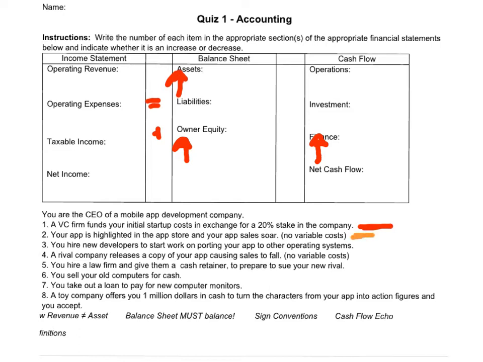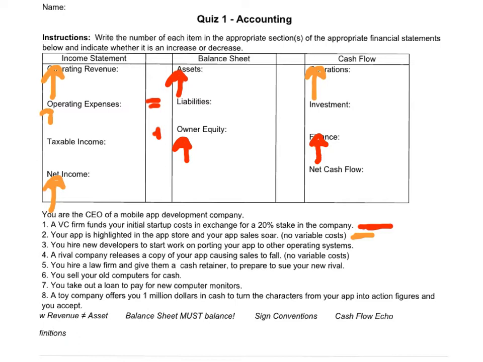It says your app is highlighted in the App Store and your App Store sales soar. So basically what this is supposed to mean is you've got an increase in revenue. What they're trying to get at is to make it so that you know for sure your net income went ahead and increased. You may go ahead and say that perhaps there's this really tiny increase in operating expenses. This is like the share Apple takes or something along those lines. But what you're hoping for is that there's this actual increase in net income that's here. Things that are on the income statement flow over into the cash flow statement into operations. So what we're looking at here is an increase in cash from operations as a result of that being highlighted.